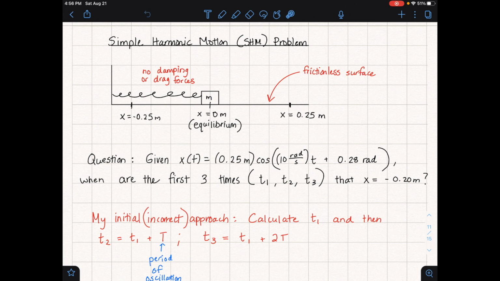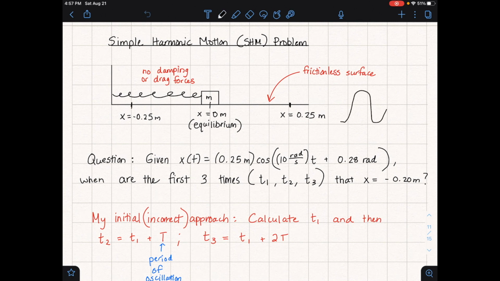The problem I was trying to show my class was: when are the first 3 times, t1, t2, and t3, that the position is equal to negative 0.20 meters? So what are the first 3 times that it appears at negative 0.20 meters? The initial approach I had was to calculate the very first time, t1, that it's at negative 0.20 meters, and then add the period of oscillation once and then twice to get the second and third times respectively. The period of oscillation just tells you the amount of time it takes